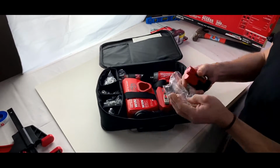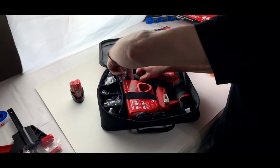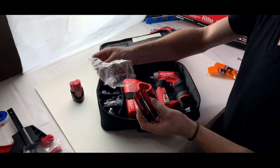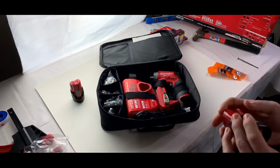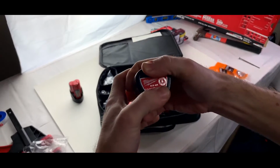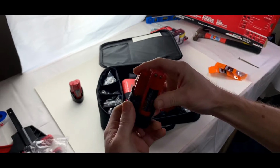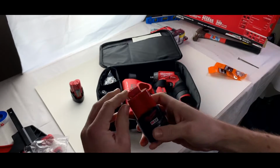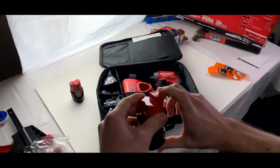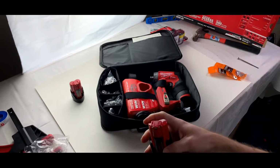So there we have 1 battery. Let's see, is this an identical battery? I would hope it's identical, but you never know. Yes, there we have an identical 2 amp hour battery. Really nice looking. It just looks like 3 18650 cells, maybe a 21700 cell. These cells actually look... give me 1 second, I'll show you the...